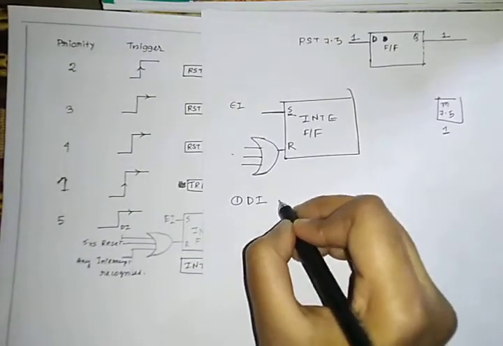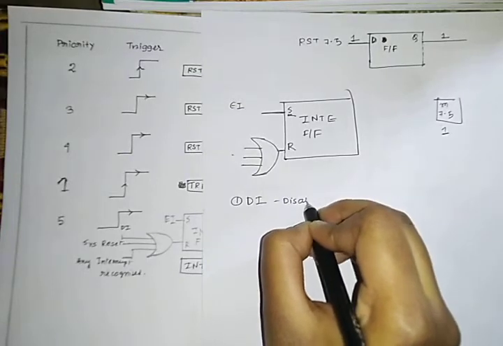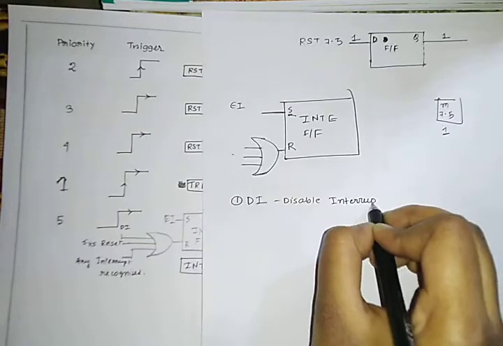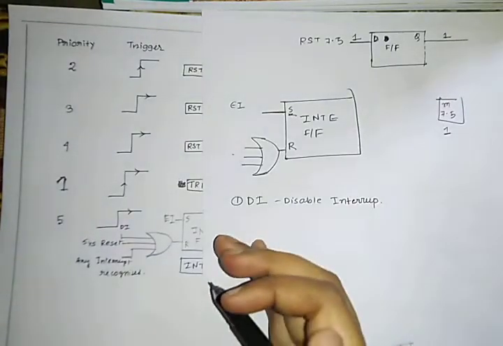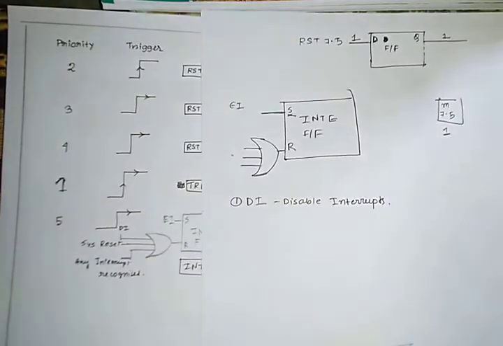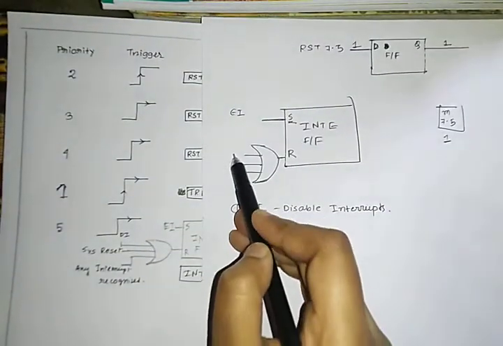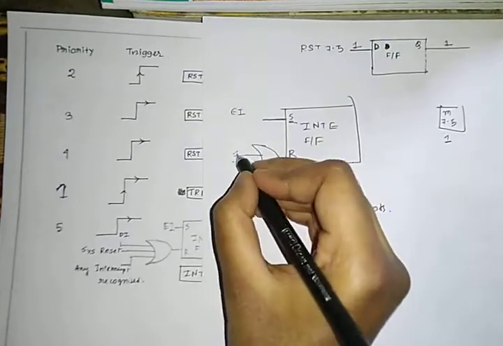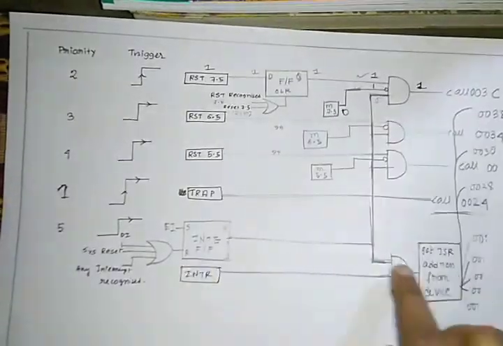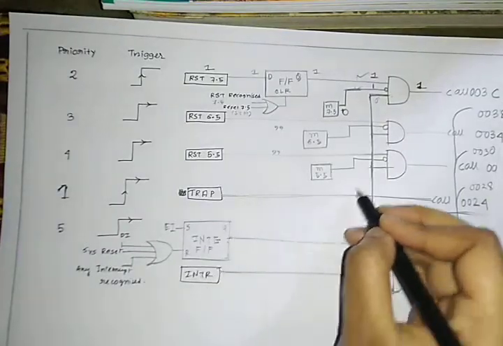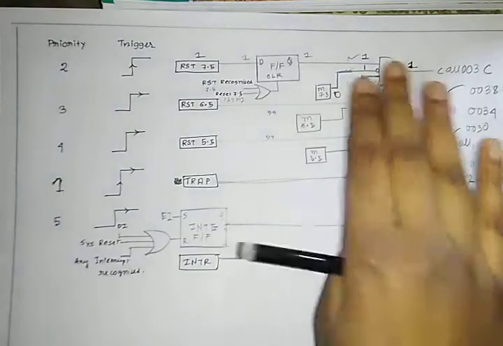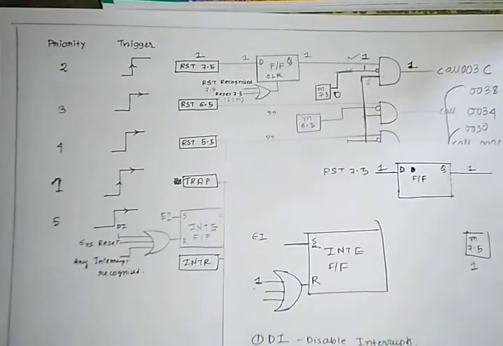What is DI? Disable interrupt. If I use this instruction at any point in my program, it will disable all the interrupts. This is the power of this instruction. So if DI is produced, then R will get 1. If R is 1, meaning reset, it will produce a reset signal and all of them will get disabled. Okay. Second condition is,